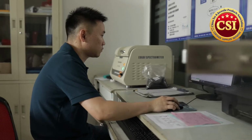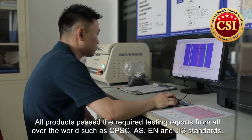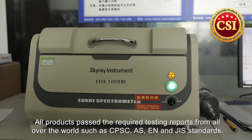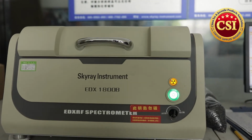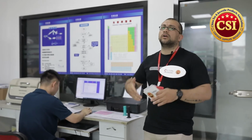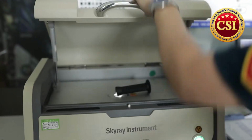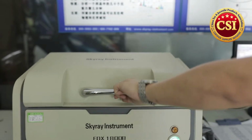So let me show you the chemical components part on my right here. So as you enter the testing lab, this gentleman is operating a chemical testing machine. So basically it's one of the important machines that is required for safety standards, before the products are actually passed on to the third lab testing